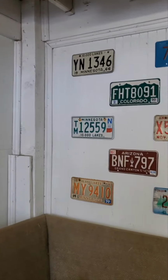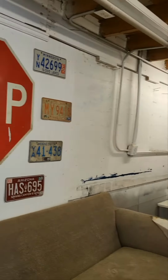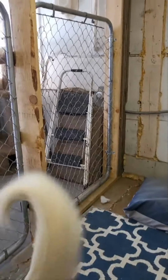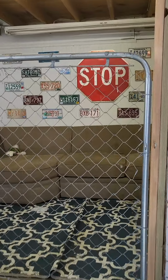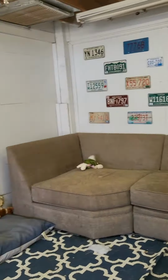So again, Emmett's new space, where he can sit on the couch. Oops, of course he just got down, and look out as people come into the garage. So now that Emmett is out in the yard playing, let me show you quickly where we have the outdoor